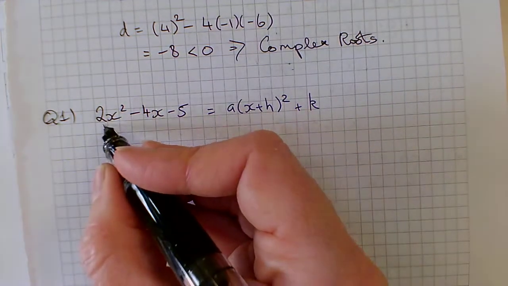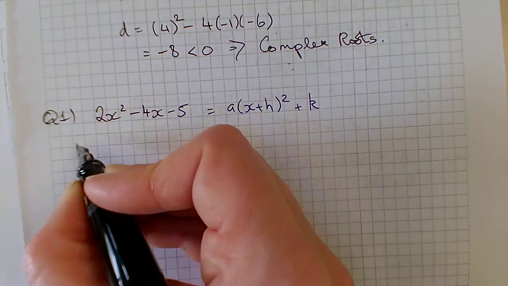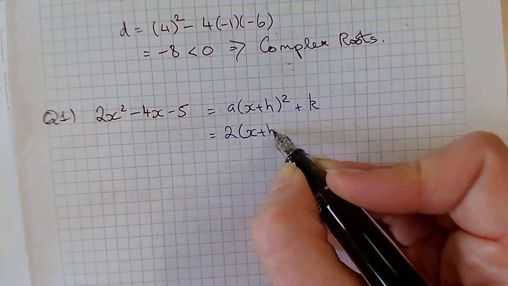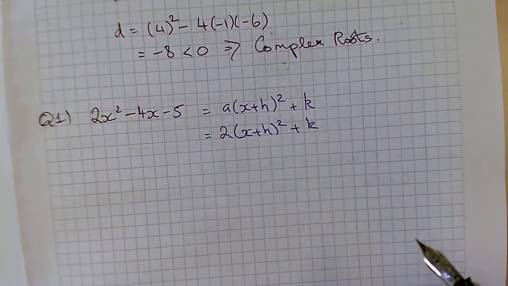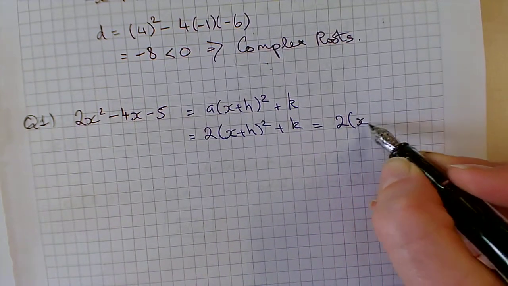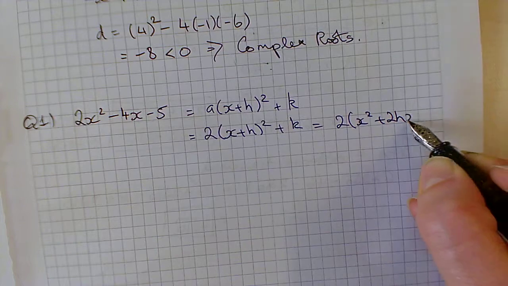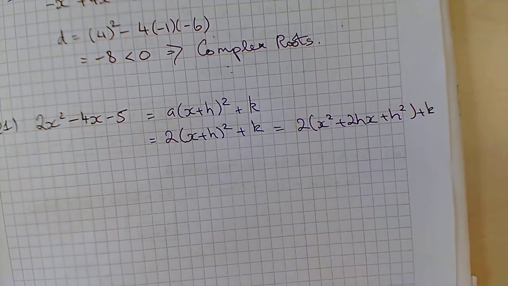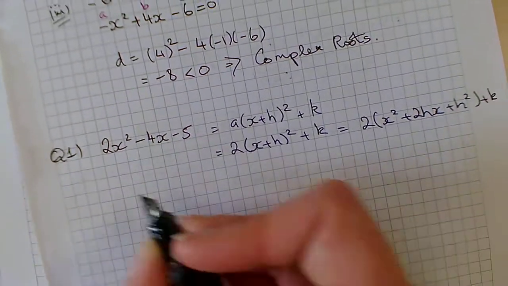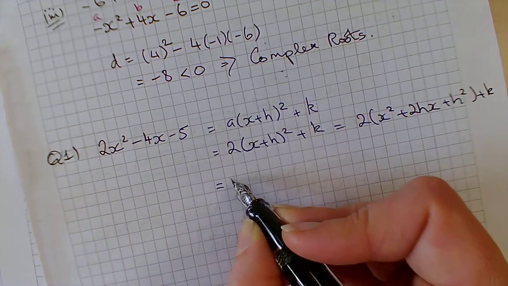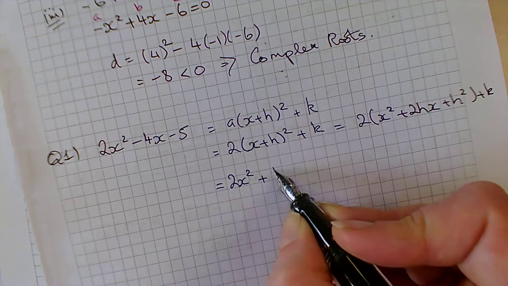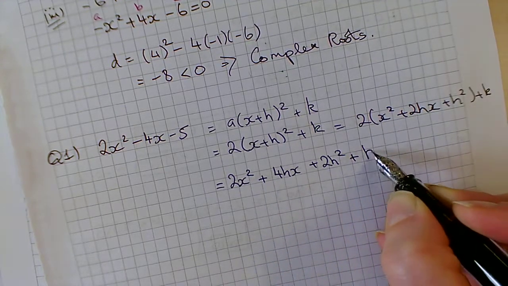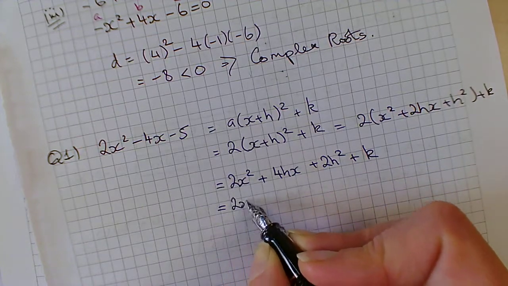We know straight away that a is this, so this is going to be 2 times x plus h all squared plus k, and then we square out our brackets. 2 times x squared plus 2hx plus h squared plus k, multiply through the 2, and we get 2x squared plus 4hx plus 2h squared plus k,